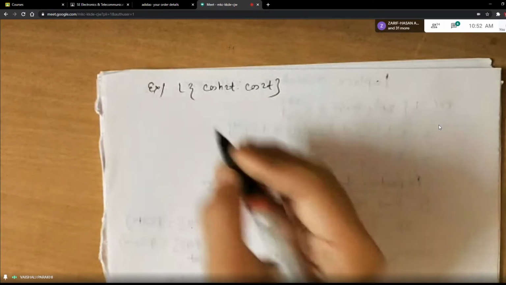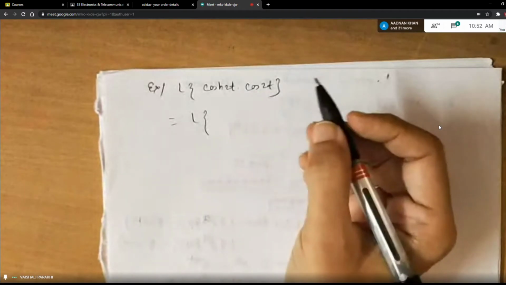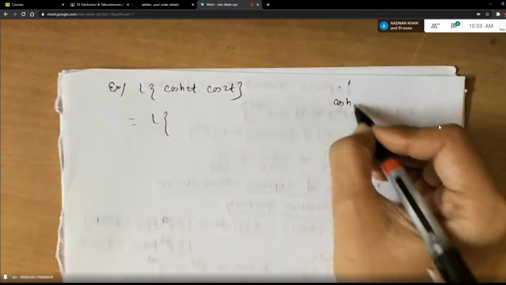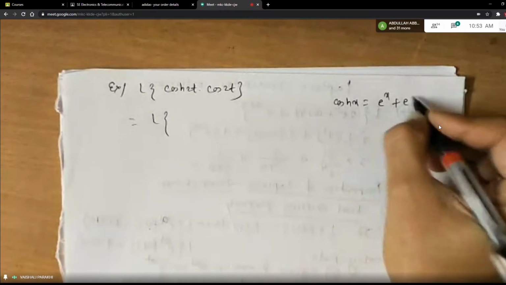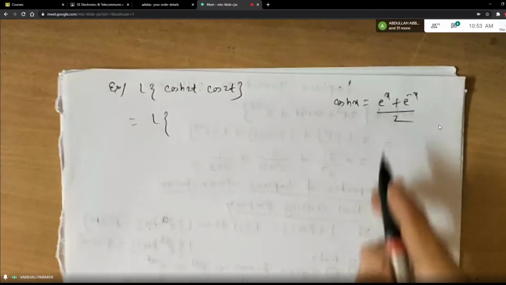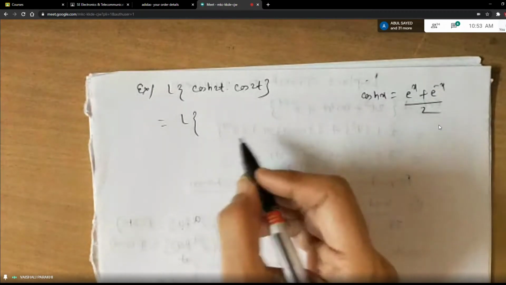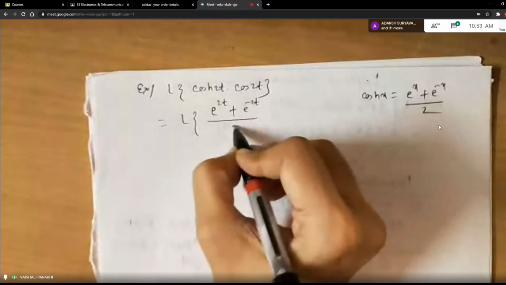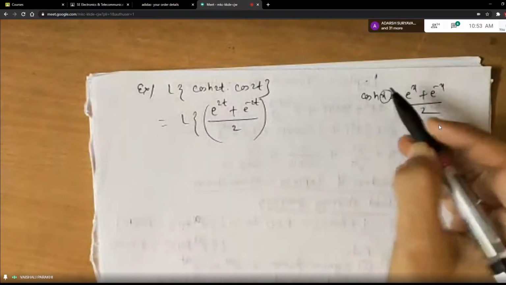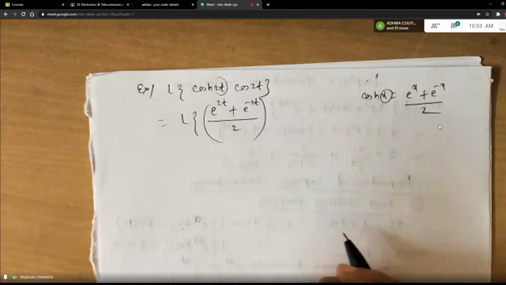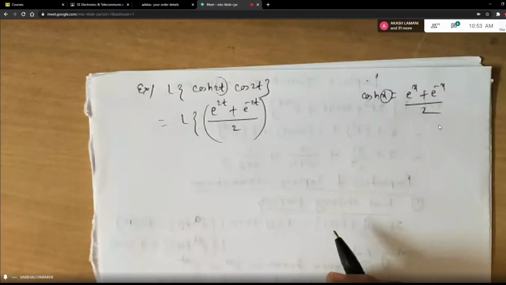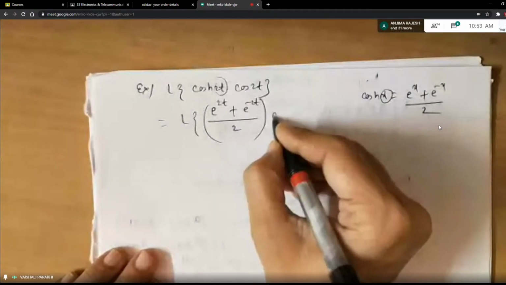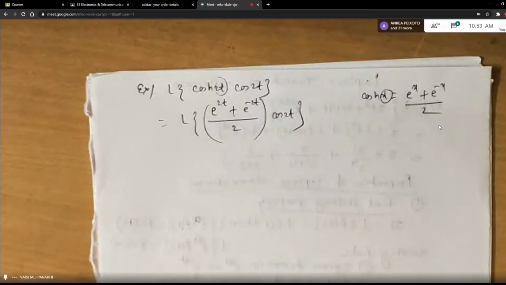So in this case, what do we do, students? What is cos hyperbolic x? Last time I told you cosh x is e raised to x plus e raised to minus x by 2, isn't it? So we are going to take help of that formula here. So it will be e raised to 2t plus e raised to minus 2t divided by 2. Because in place of x, what do you have here? 2t. When I write cosh, h is for hyperbolic function. So don't think that h is a constant or something. Okay. And this cos of 2t we are going to keep as it is.